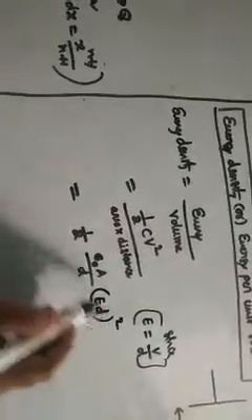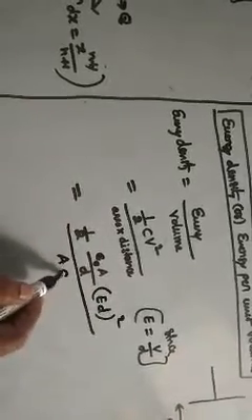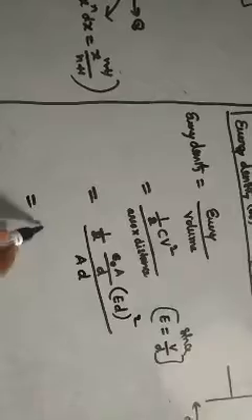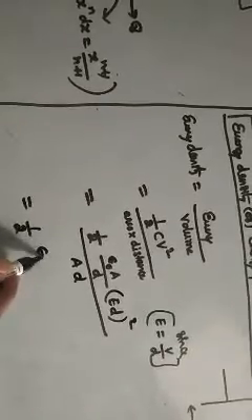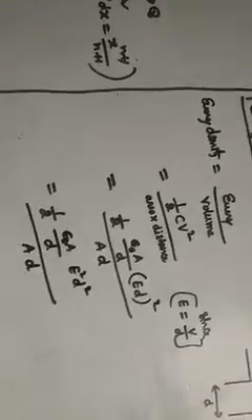So from this, V, the potential, is equal to E into D. So here V square is there, by the area of the plate A, the distance between them is D. So this is equal to half epsilon naught A by D, and this is E square D square whole by A into D.